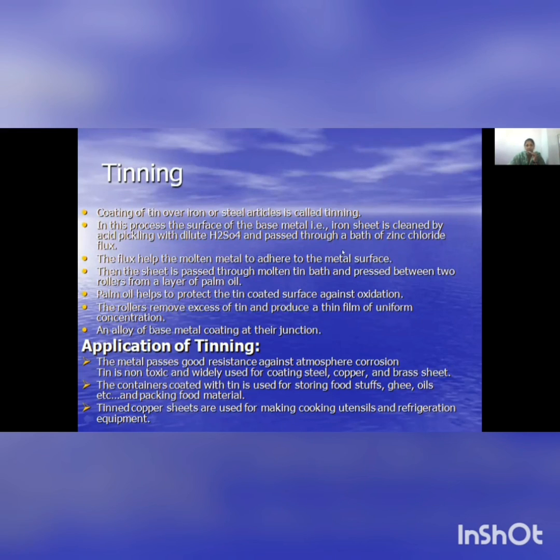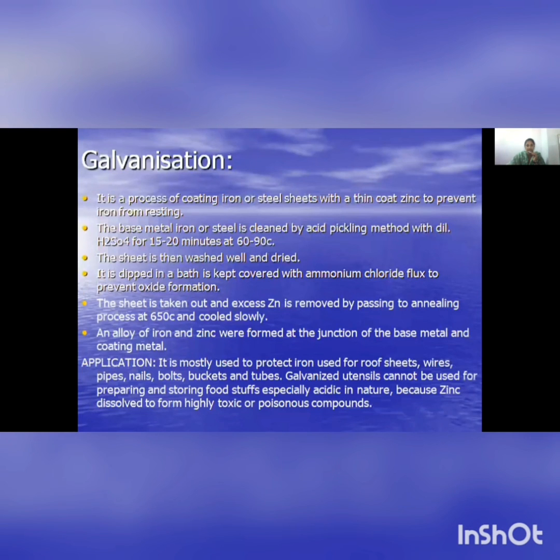What are the applications of tinning? The metal has good resistance against atmospheric corrosion. Tin is non-toxic and widely used for coating steel, copper, and brass sheets. Tin coated copper sheets are used for making cooking utensils and refrigeration equipment. So this is about the galvanization and